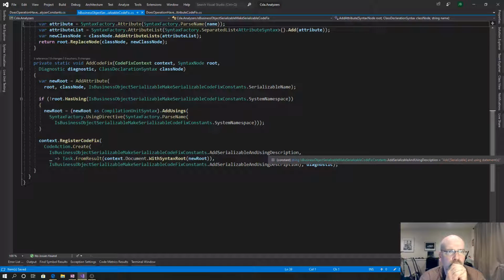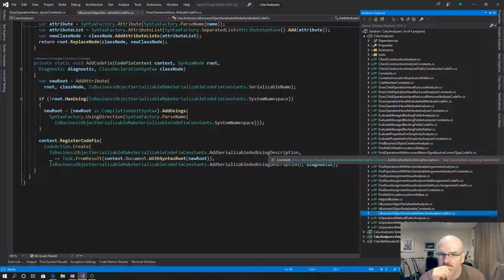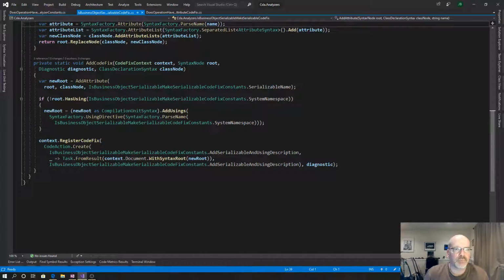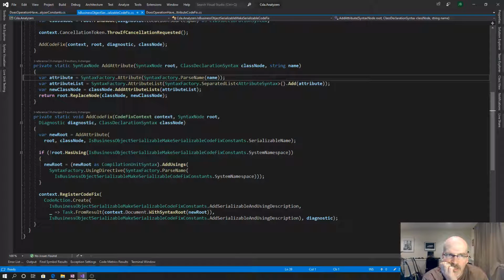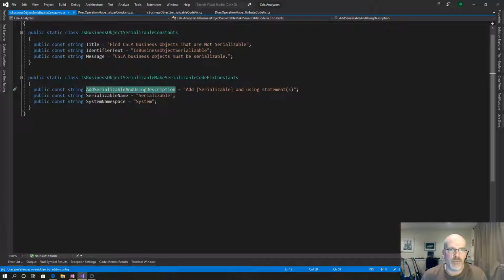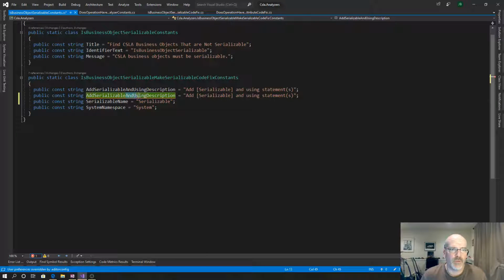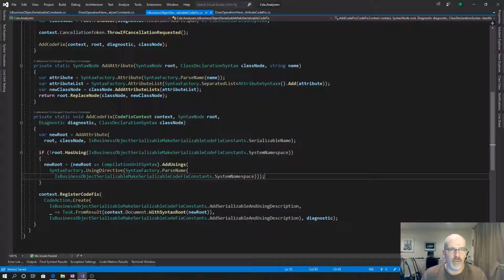Well, okay, now I'm a little confused. What would happen if you don't have it? Yeah, wait a minute. I actually realized something here. I would guess that what I would want to say is if you add serializable description, because what happens if you don't, if you already have that? I don't think I've ever caught that before. So I think what I want to say here then is, oh, you know what? Okay, so we'll say